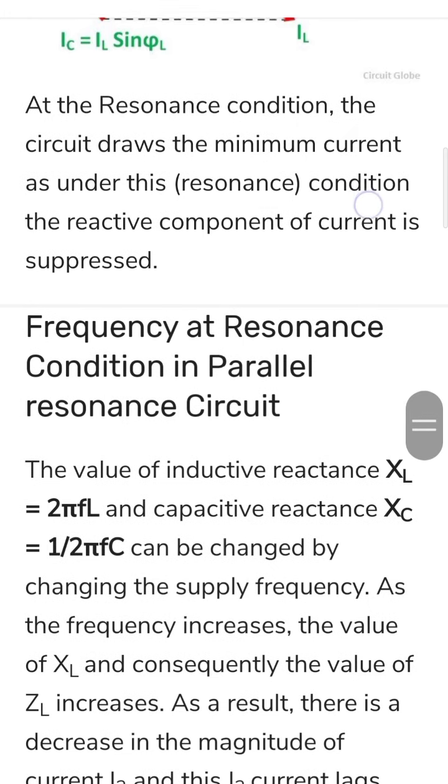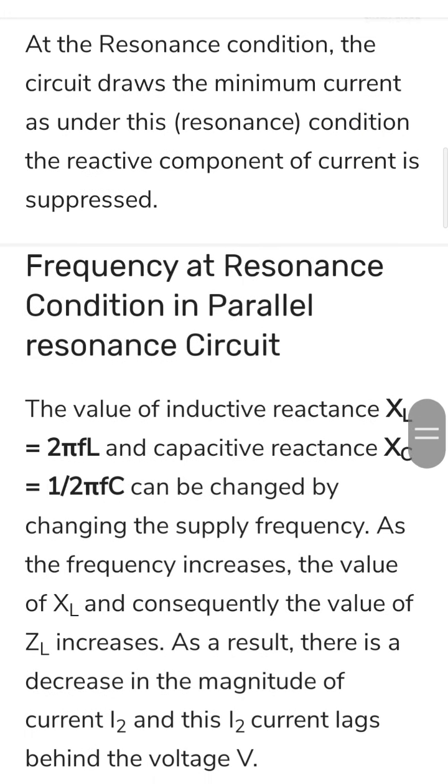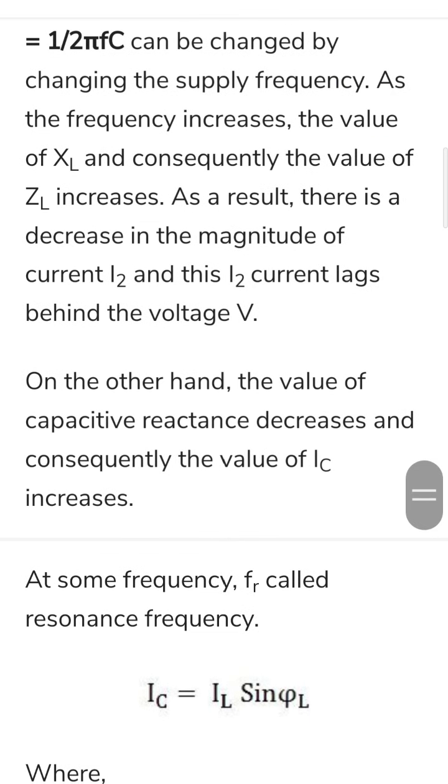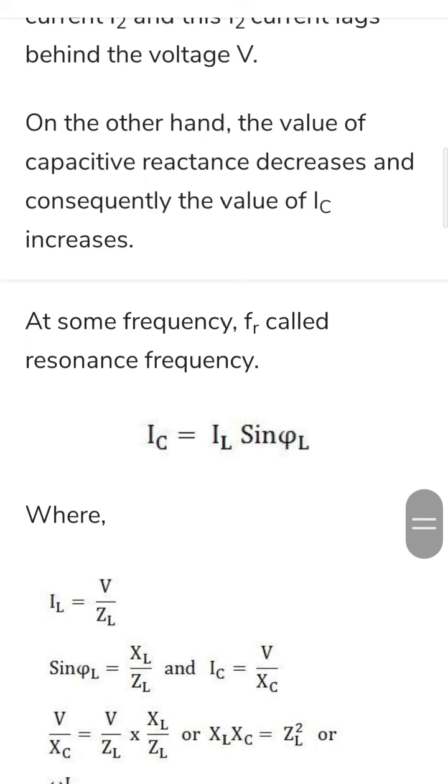Frequency at resonance condition in a parallel resonance circuit. The value of inductive reactance XL is equal to 2 pi FL and capacitive reactance XC equal to 1 by 2 pi FC can be changed by changing the supply frequency. As the frequency increases, the value of XL and consequently the value of ZL increases. As a result, there is a decrease in the magnitude of current I2, and this I2 current lags behind the voltage V. On the other hand, the value of the capacitive reactance decreases and consequently the value of IC increases, until at some frequency FR, called the resonance frequency,